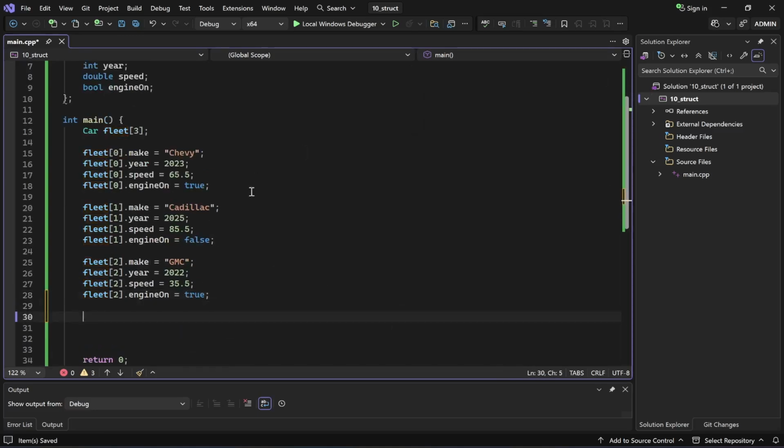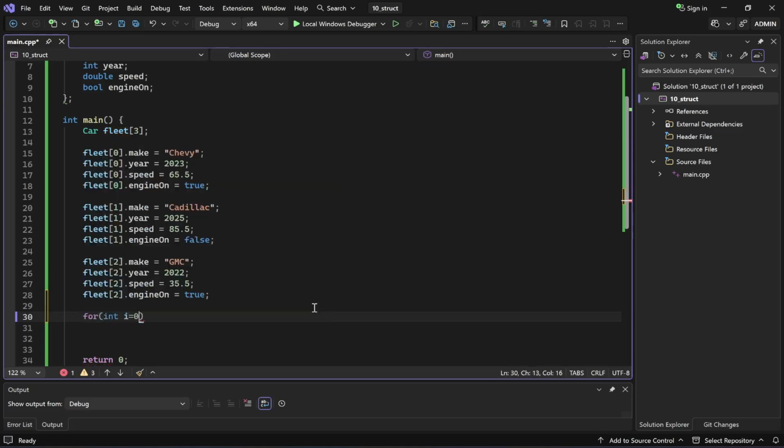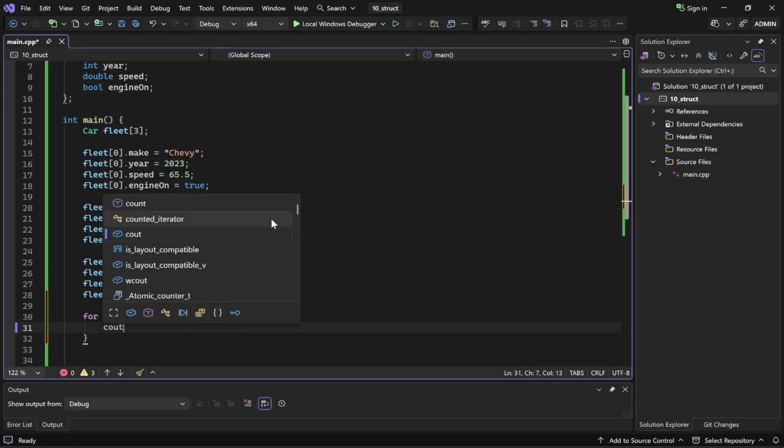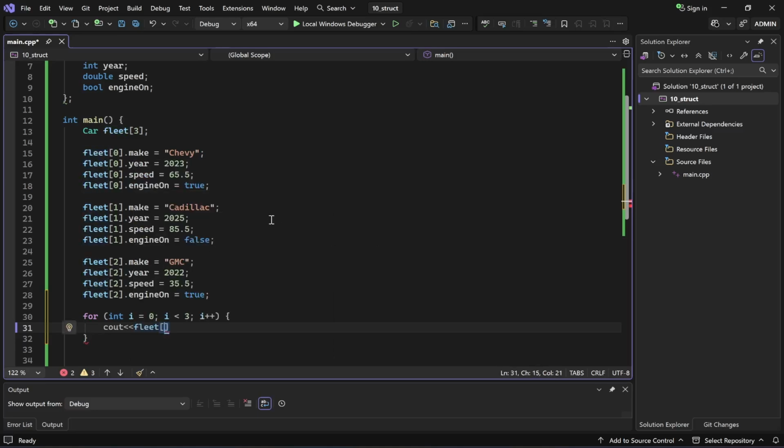So to loop through these elements, we can use a for loop and loop from the first index, i equals 0, up to the third index. So i less than 3 to go 0, 1, and 2, and then i plus plus. So if we want to output the data of the 3 makes or the 3 models to the screen, we can use a cout and then fleet of which element? i, because we're looping. The first loop, we use index i equals 0, so fleet of 0,